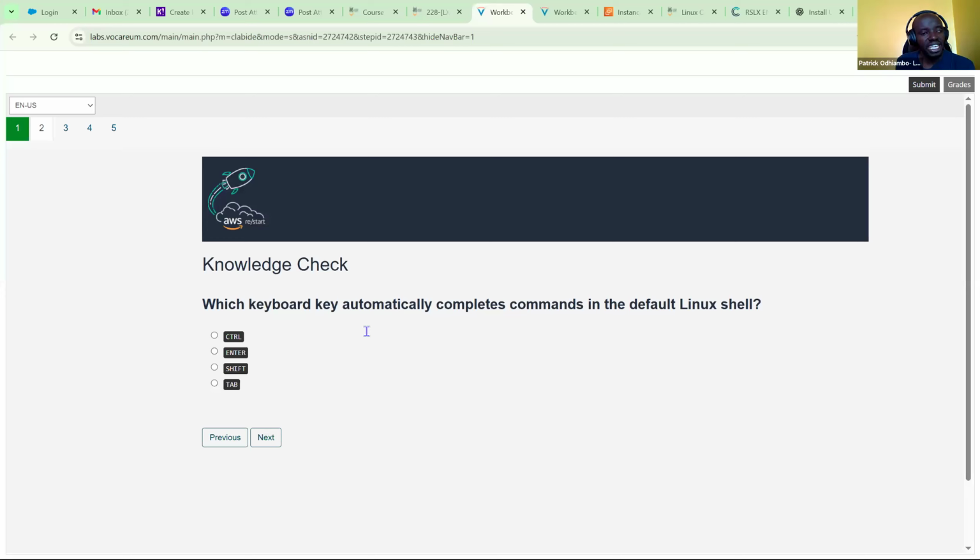Which keyboard key automatically completes commands in the default Linux shell? This one you've talked about. Is it Control, Enter, Shift, or Tab? Tab. Thank you. Which keyboard key retrieves the last command that you entered in the default Linux shell?